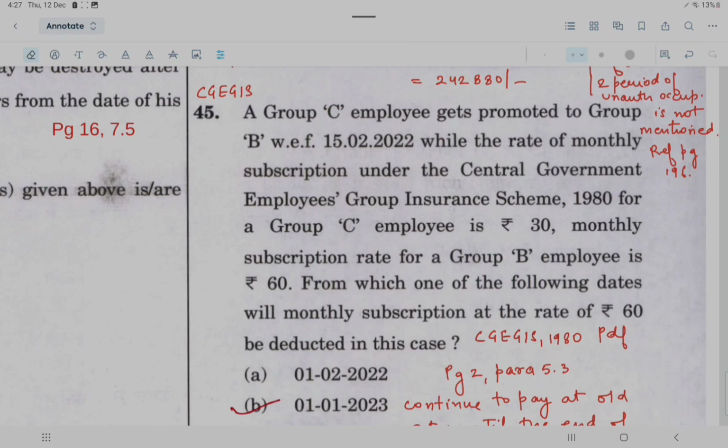A Group C employee gets promoted to Group B with effect from February 2022. While the rate of monthly subscription under the CGEGIS scheme is 30 for Group C, for Group B it is 60. From which of the following dates will the monthly subscription be deducted? Now UPSC